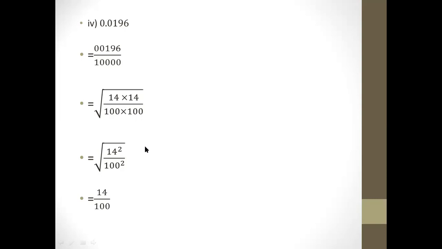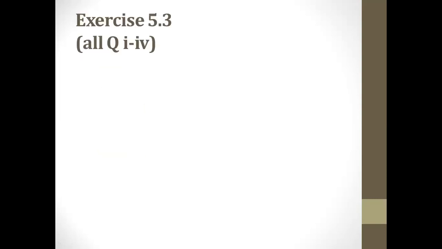Now here again you have to find the square root. Look, in exercise 5.3, total 3 questions, all questions with 1 to 4 parts, means 1, 2, 3 and 4 parts included, not the whole exercise. So question number 1 has first 4 parts, question number 2 has 4 parts, and question number 3 has 4 parts. So only these are included in your scheme of study. So question number 1, find the square root of the following by division method. Means that here not by factorization, you do not have to find the factors, but by division method.